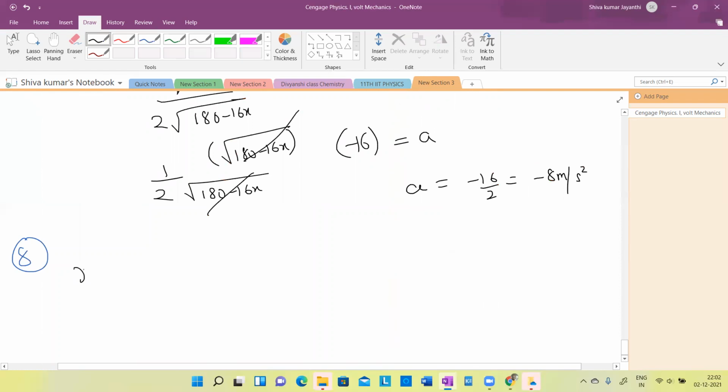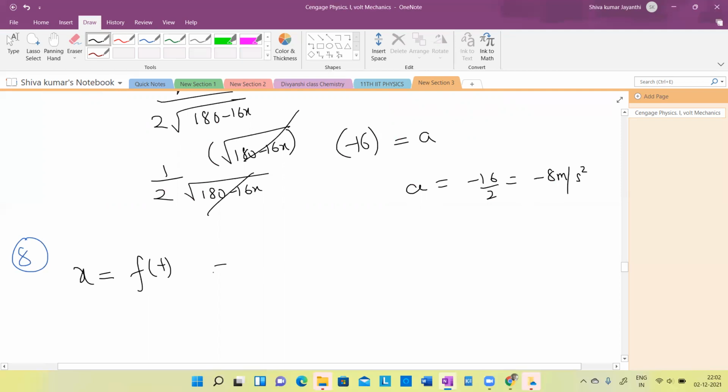This is a fairly easy problem because x as a function of time is given, so it's very easy to solve. If they give V as a function of x, it's very complicated. Acceleration as a function of time or of velocity, such strange things, are a little complicated; we have to split them up. But if x as a function of time is given, it's very easy to solve.